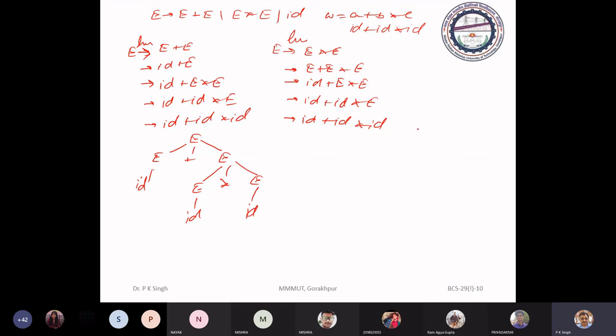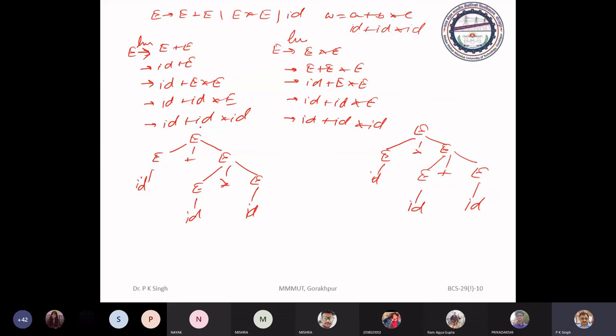And in this case, you can relook: E asterisk E. Now this E is reduced to ID and this E is reduced to E plus E. This E to ID, this E to ID.